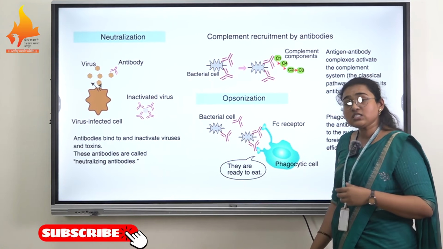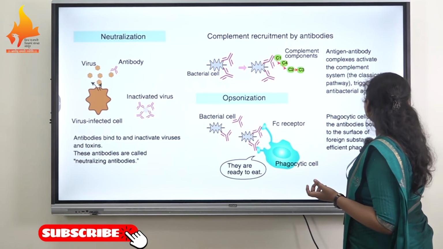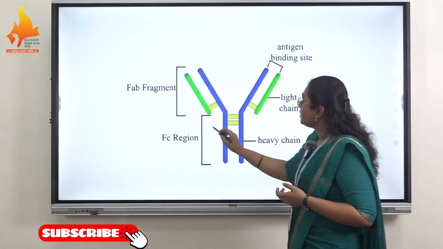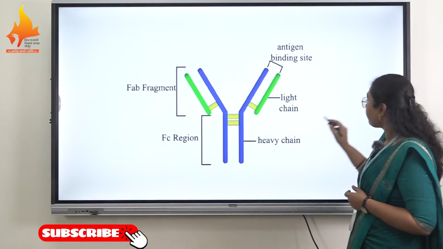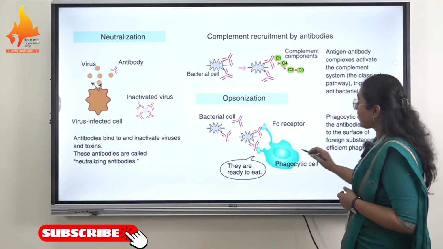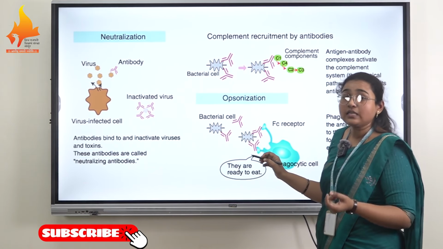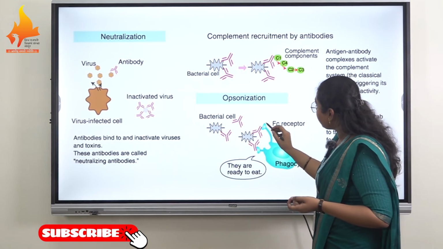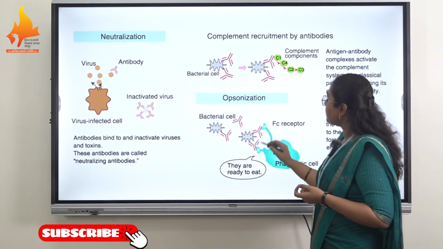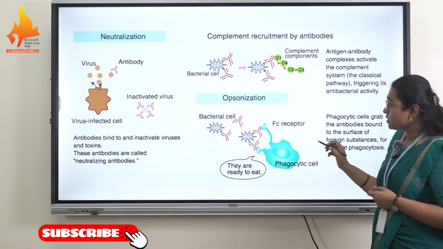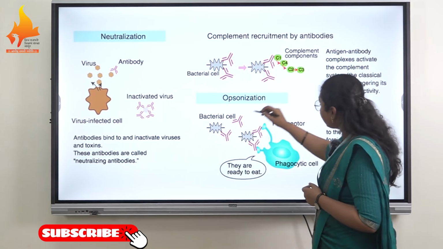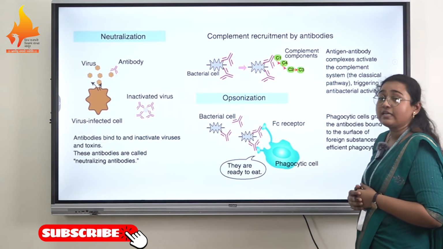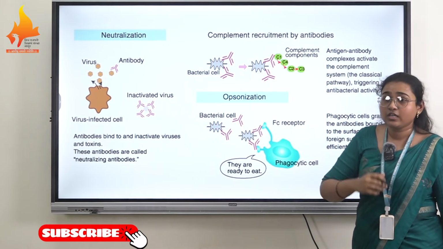The macrophage consists of a specific receptor which binds on the Fc region of your antibody. This is the Fc region, the constant fragment of your antibody, which binds on the macrophage specifically at the site of FcR. What is FcR? Fc receptor. So these are the Fc receptors on which these antibodies are attached via the Fc region, and along with antigen and antibody, this complex is engulfed by the phagocytic cell. A phagocytic cell can be a macrophage, dendritic cells, or natural killer cells.